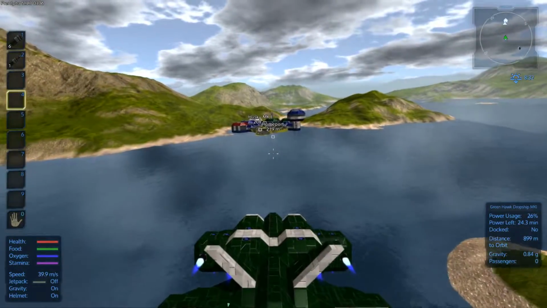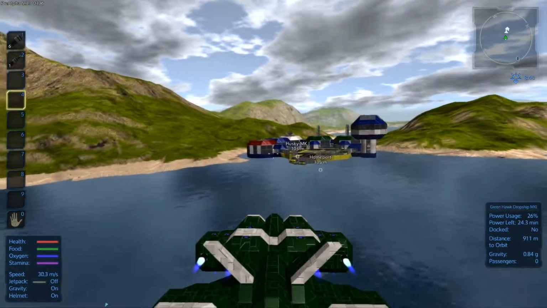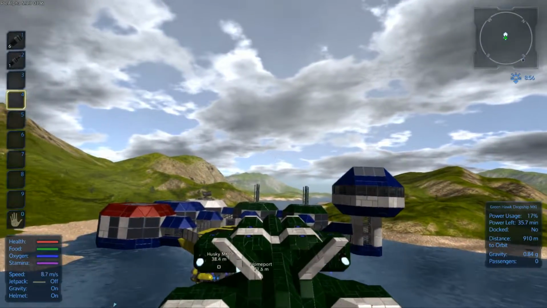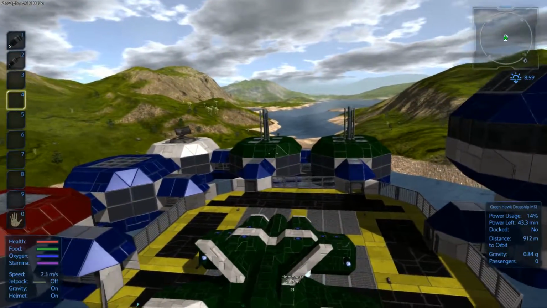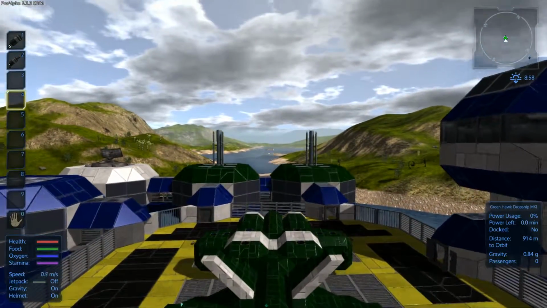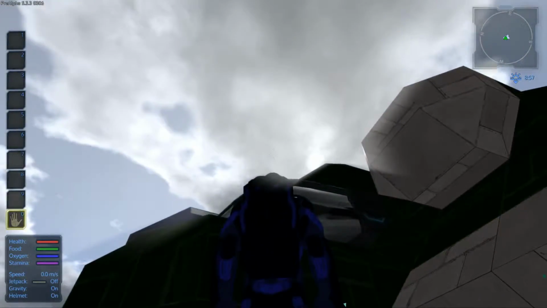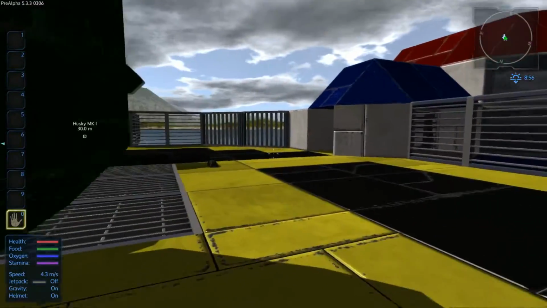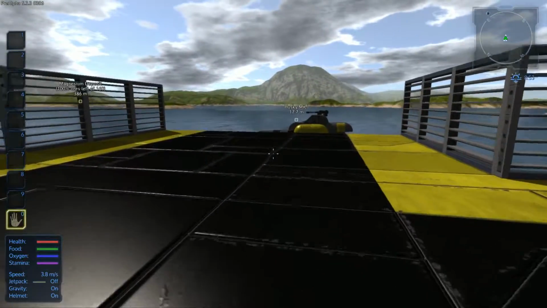Can you land on water? Can we land without smashing it? Can we land without a lot of repair work? Well, that worked. V. Cool, let's check. Yeah, we didn't mess up anything. Look at that. I still don't know how you build yet, but